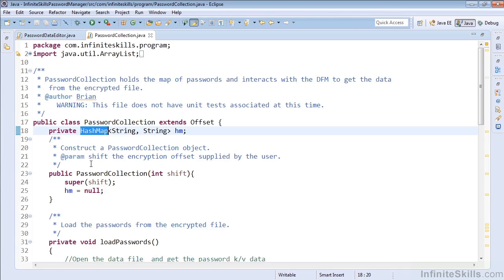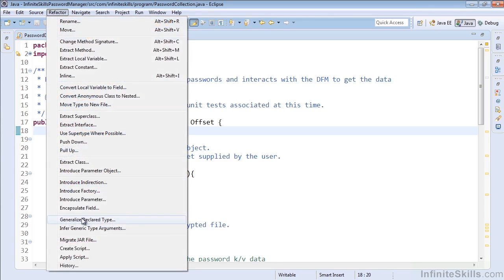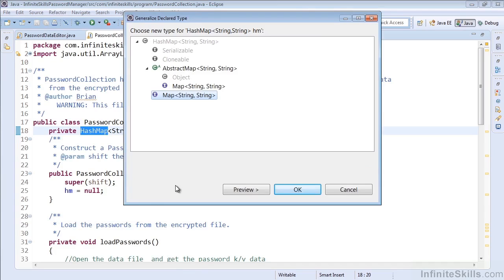So what we can do is use the generalize declared type command to see if there's any other options that we have other than just HashMap. So we go to refactor and select generalize declared type. Now here we can see that instead of just HashMap, we have the ability to be an AbstractMap or a Map. Now we know that AbstractMap won't be able to be instantiated, so let's do Map,